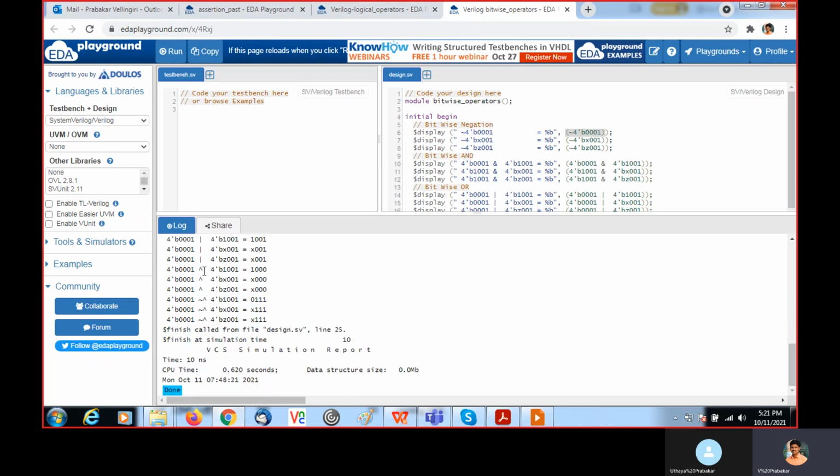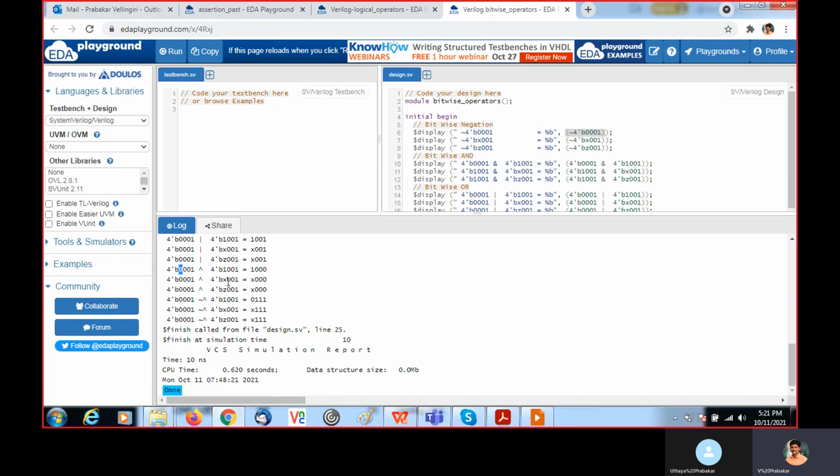Then XOR we are going to perform. 1 XOR 1 will give 0. With the same bits, we will get 0. If it is a different bit, 1 and 0, we will get 1.